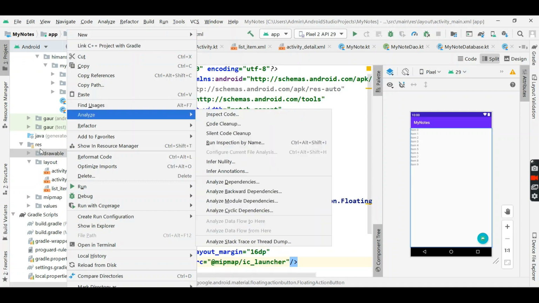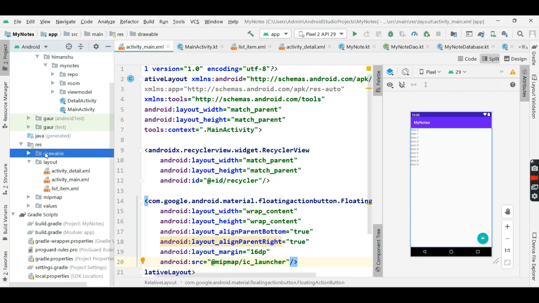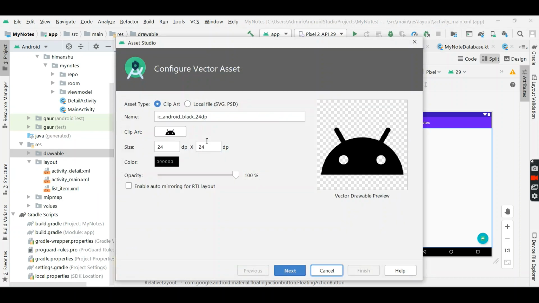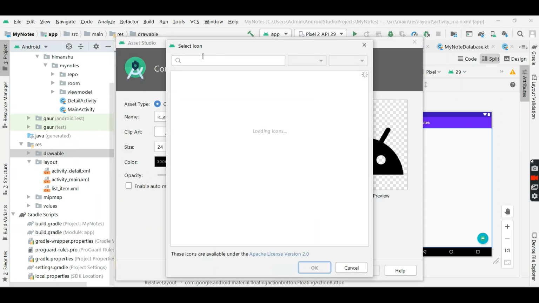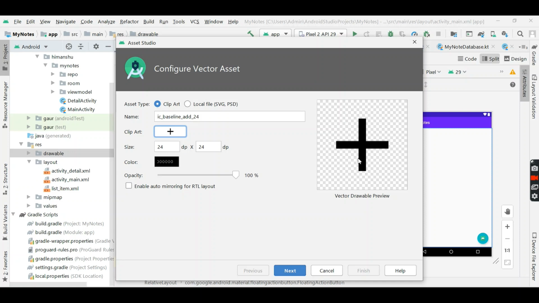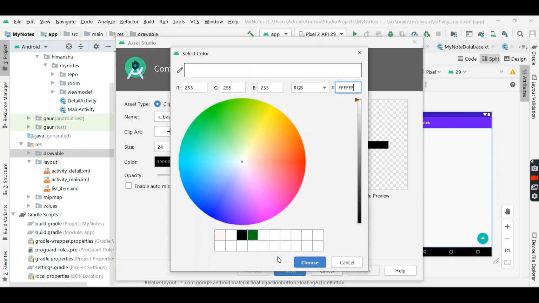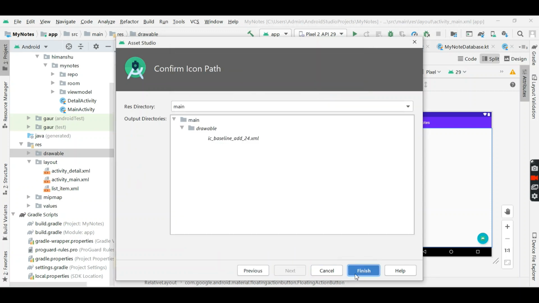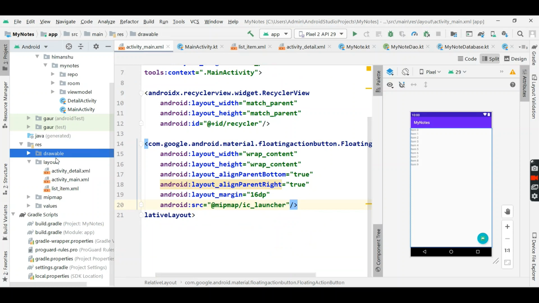new. So first of all, go on to drawable and right click on it, vector asset, click here and search for add. So take this add, and I think color is white, so now this is fine. Next, finish this, and now we will add the source.